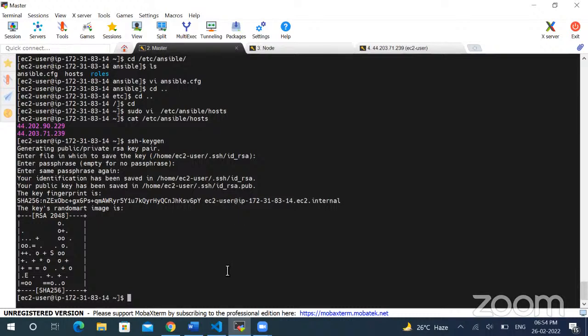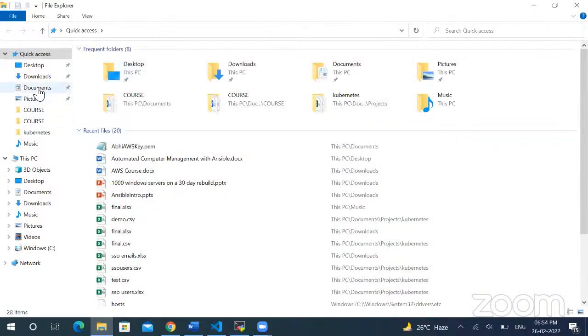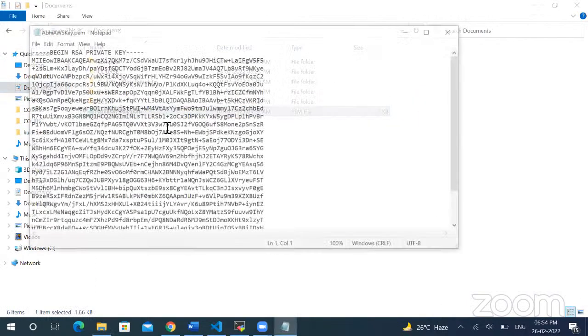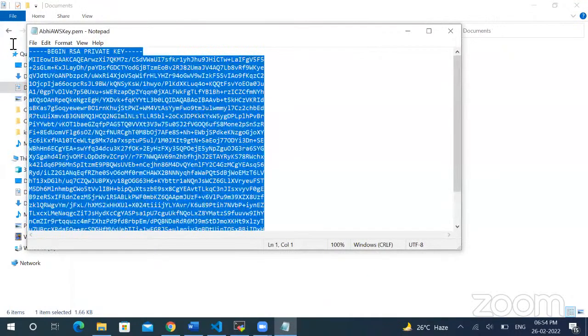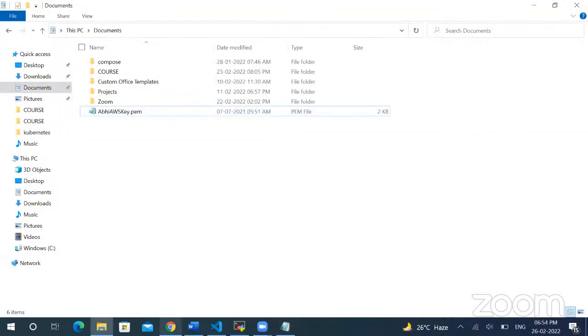That is what is called passwordless authentication. So how will we copy? Let me copy my key over here. Okay, this is my key. By using this key, I'm connecting to all my AWS instances. So I have to copy this key first,